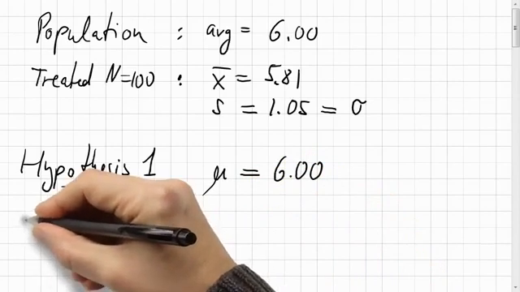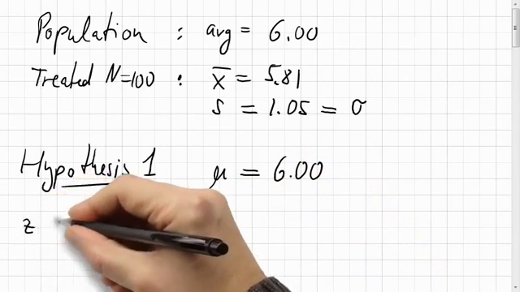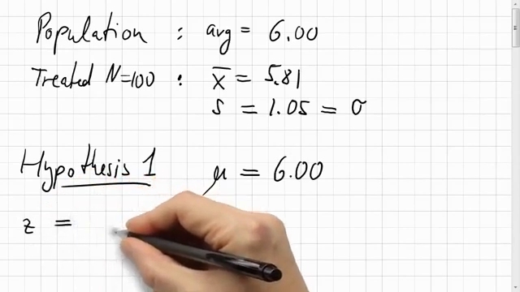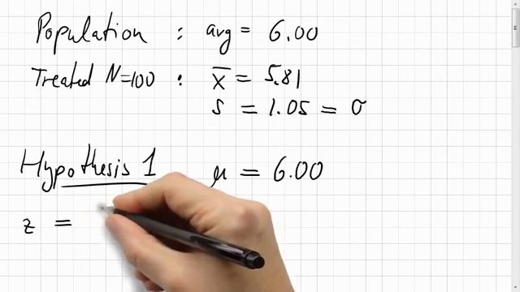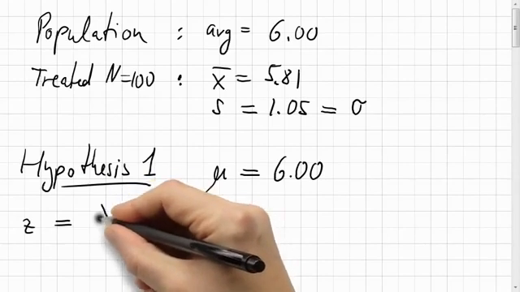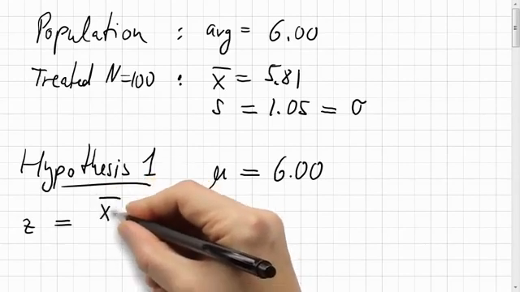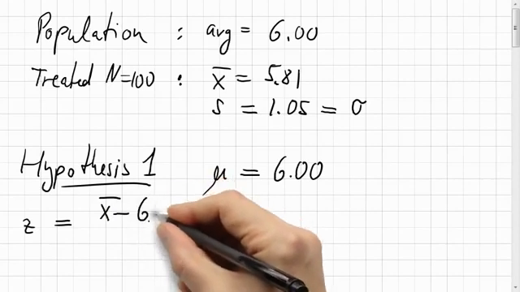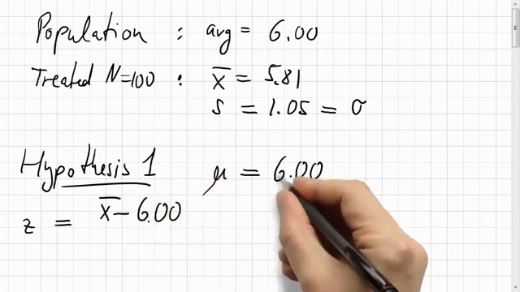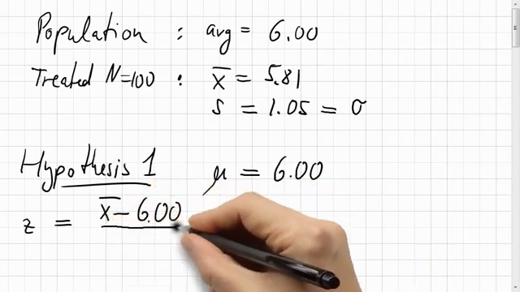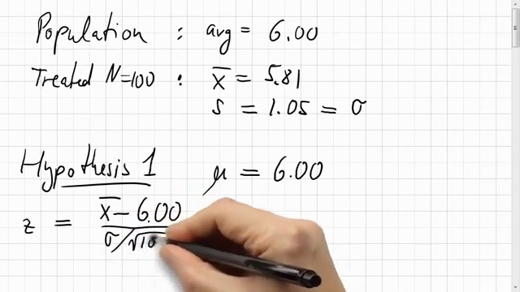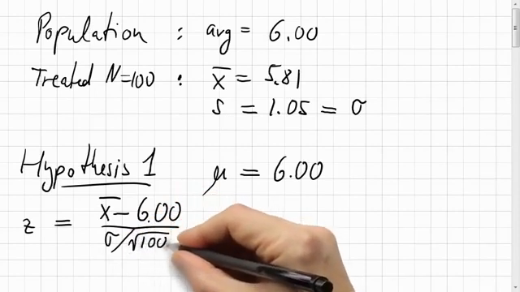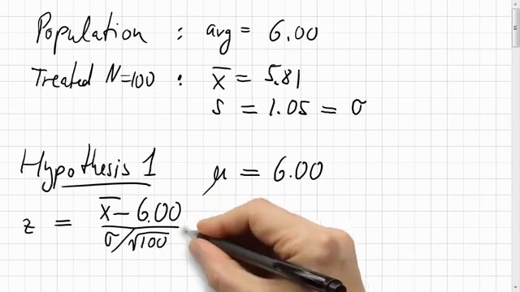The next step in statistics is to compute one number of the data that we've got. That's called a statistic, a number that you compute from your experiments. In this case, the typical thing is the z-statistic. What we're doing is the z-test. So we take the mean that we've got minus the expected value that we hypothesize and divide by the standard deviation divided by the square root of the number of experiments. I'll explain that in a second. First, let's compute